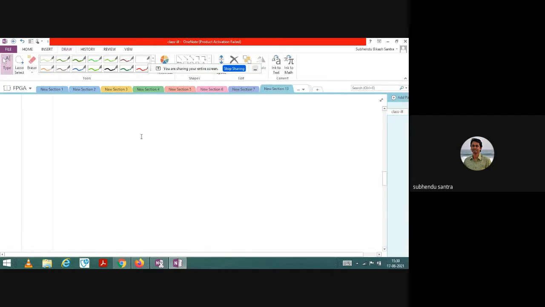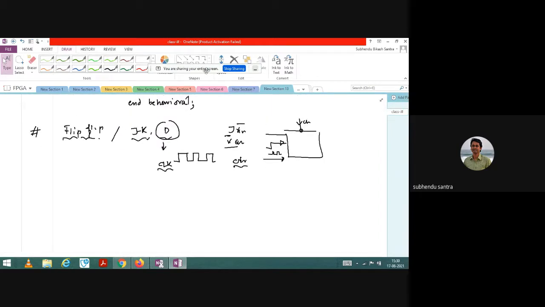Yeah, so the library part, once again, I'm not writing; you can write. I will directly write from the entity part. So entity of what? D is. So D I'm writing is. So port. What are the ports? First, by default, D is the port. Now D is what? Because I have taken a capital D, I am taking a small d here. So input